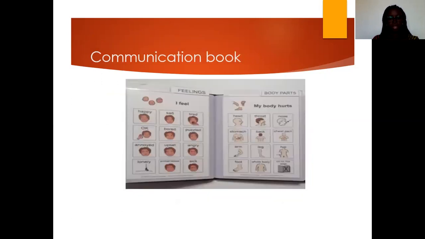And then this one is a book. It's made up of different sections. So for instance, this is feelings. The child will be able to tell you how he's feeling this morning or any time of the day. He has to be able to understand and then tell you. And then also we have my body hurts. Which part? It could be that his head is aching. If he's not able to communicate that to you, he might communicate it in another way that we would think is a challenging behavior.